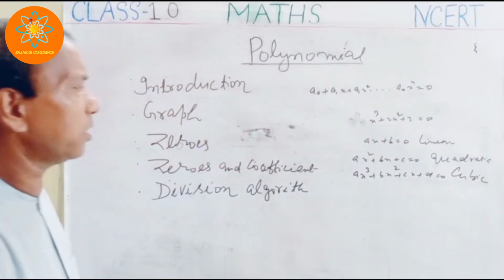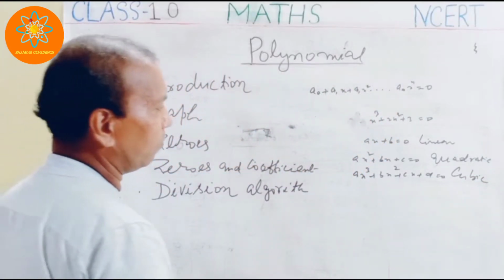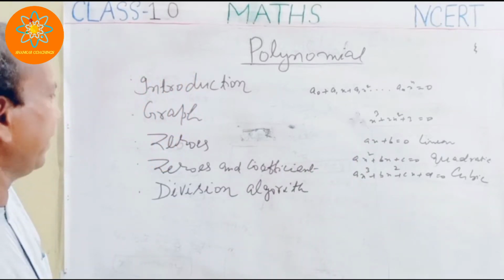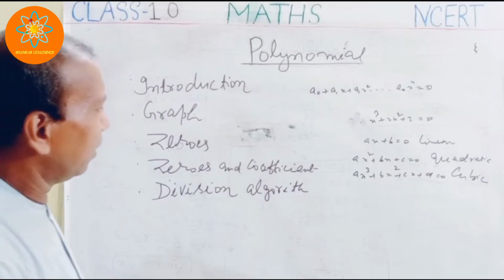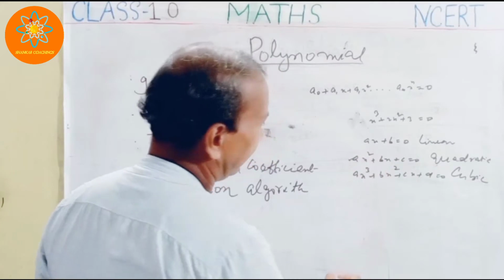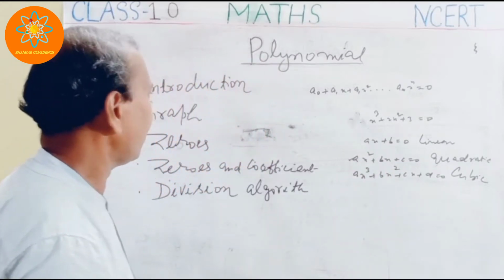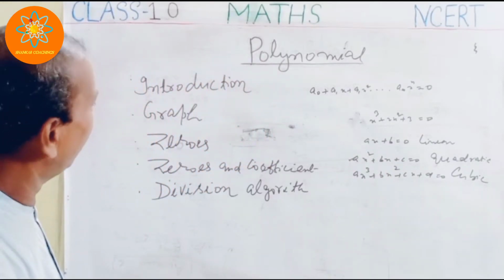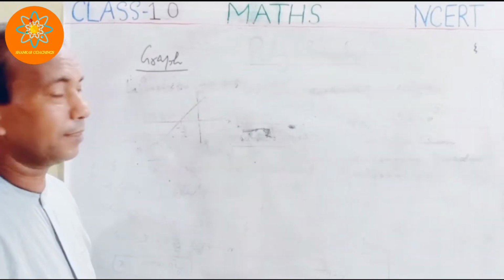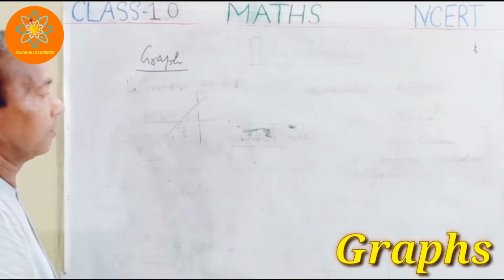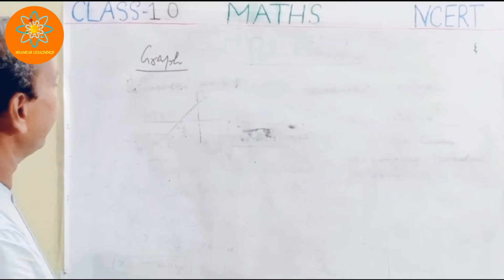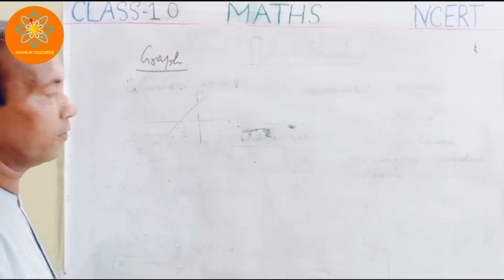So these are the special type of polynomial, and we will discuss linear, quadratic and cubic also related to its graph. In the graph case, we will discuss the quadratic one in detail. Okay. So this is all about the introduction portion of the polynomials. Let us start the graph. For the graph, we will consider first linear equation, then quadratic equation, and at last cubic equation.